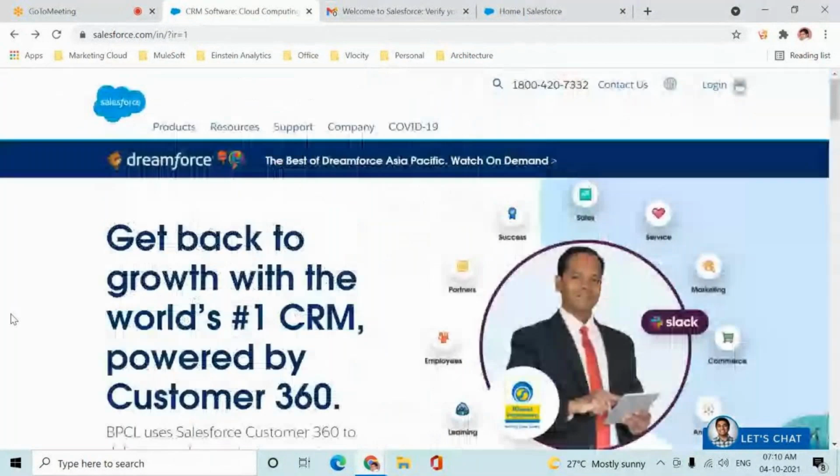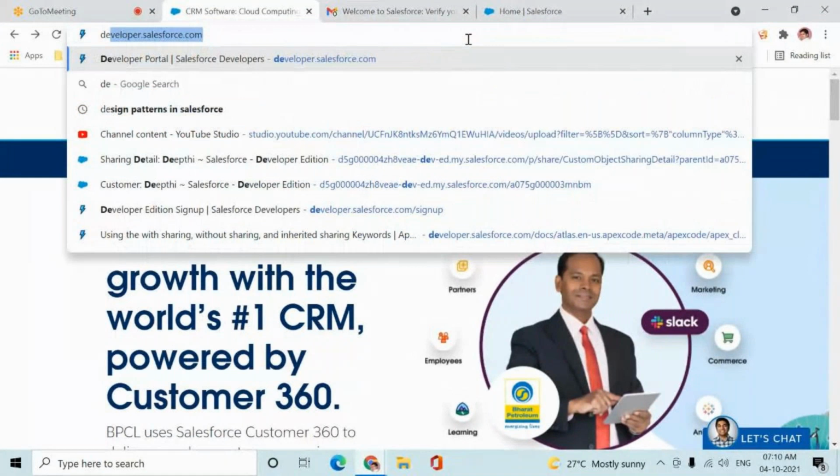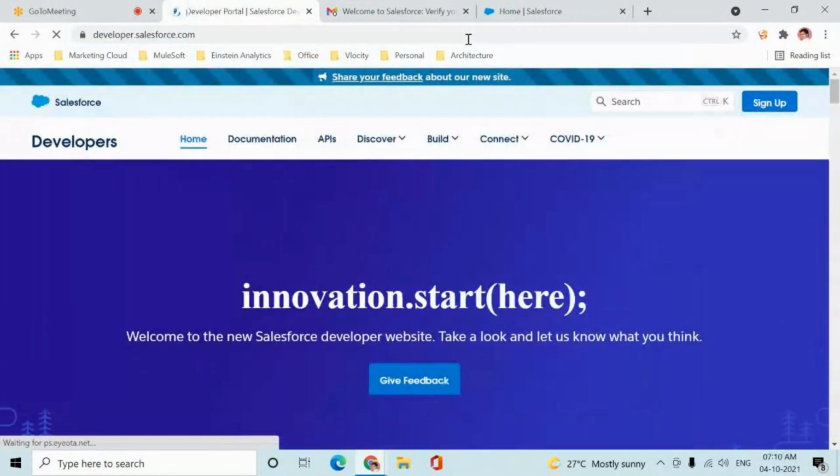Actually, we can do a sign up from here also, directly from the Salesforce website, from salesforce.com. But if you are doing it from here, it will be there only for 30 days. Then post that, it will be completely removed. But if you are doing the sign up from this developer.salesforce.com, it stays for a lifetime. Okay. Now,